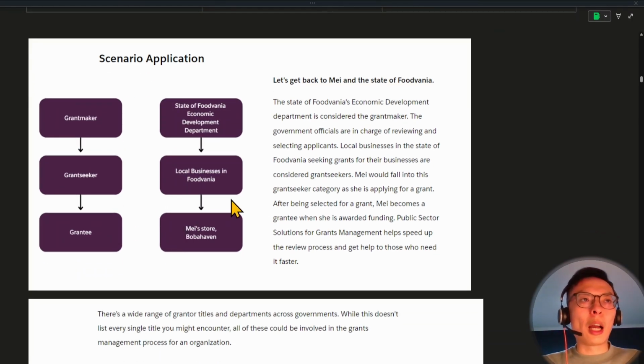So after someone has been selected for a grant, you become a grantee. And a grantee is the one that is awarded the funding. So using PSS for grants management helps speed up the review process and get help to those that need the funding faster. And one thing to note with the notes that we are going over here is that a